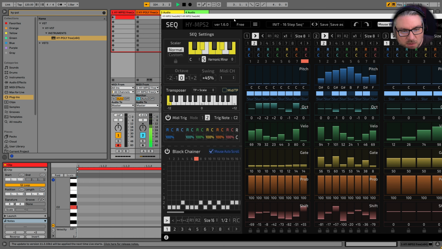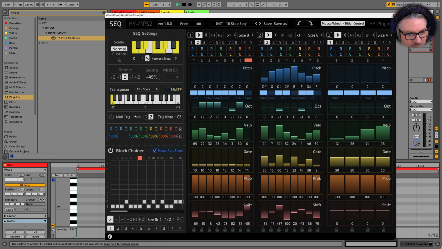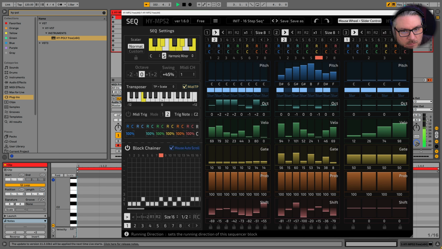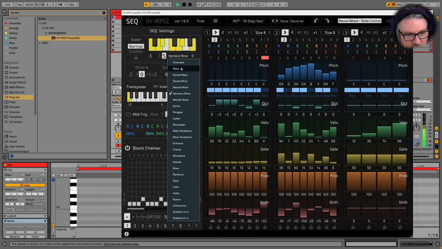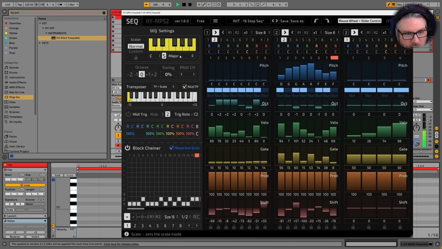That's cool. All right, let's figure out what we can do. Let's turn that off for a minute. And you can change the, oh, it says the trigger note is C2. All right, let's see if we change the scale now to major. Yep, it's locking it in.